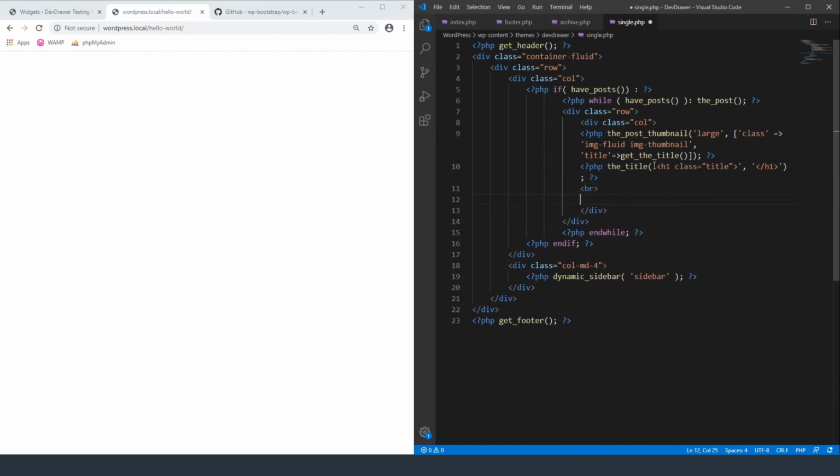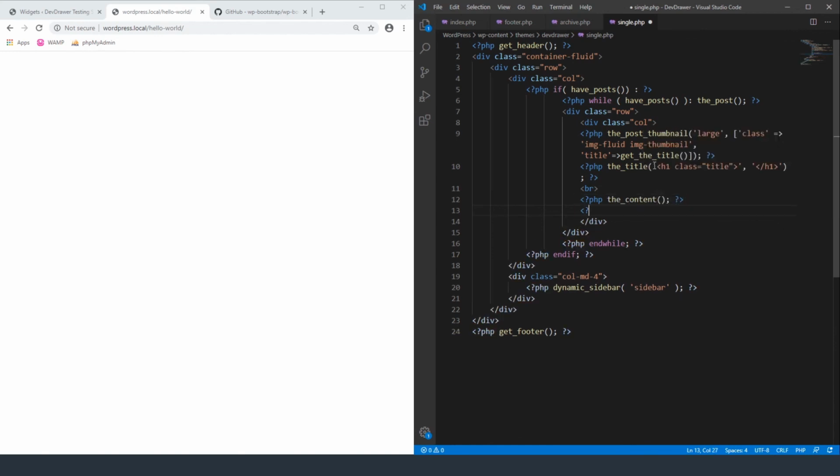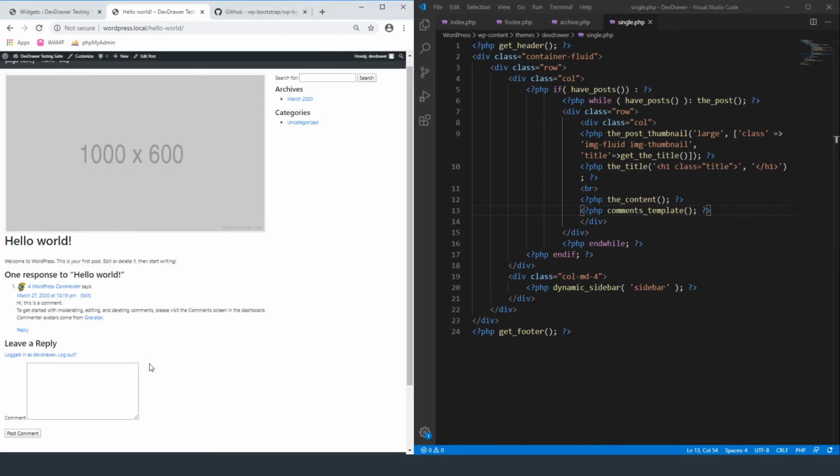And then we're going to add a break tag, and then we're going to now echo out the content, which we removed off of the other one. And we're also going to do PHP comments underscore template. WordPress's template system is horrendous, which you'll see here. It's terrible. So I would recommend in this section either including your own template where you style it completely, and